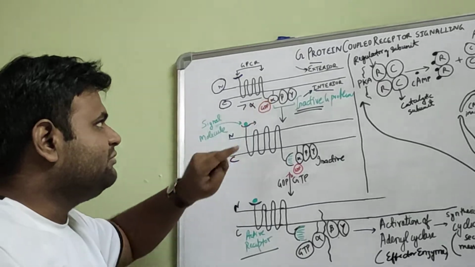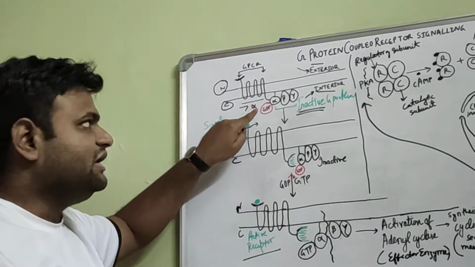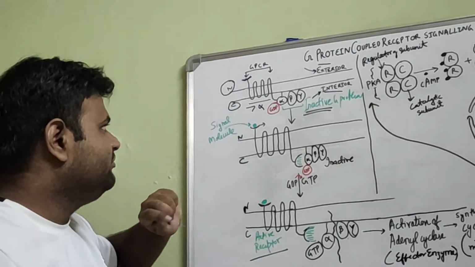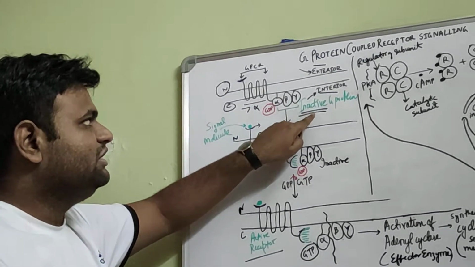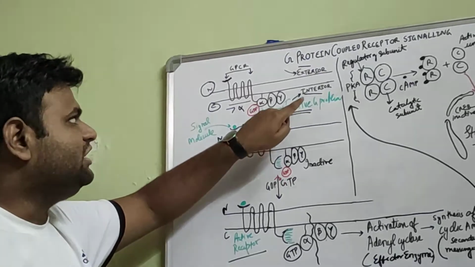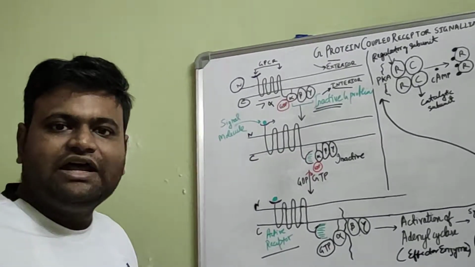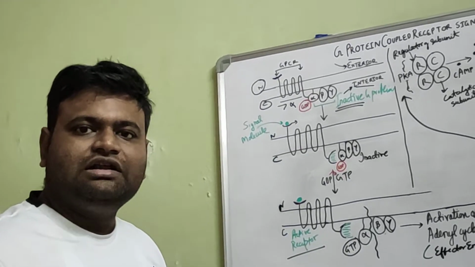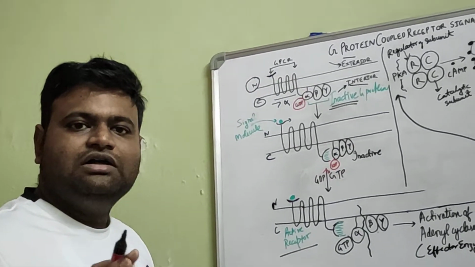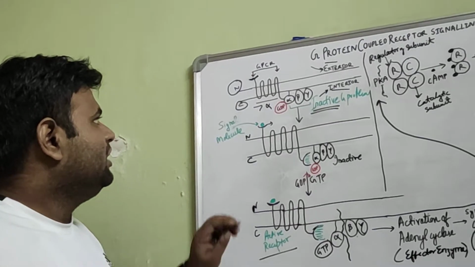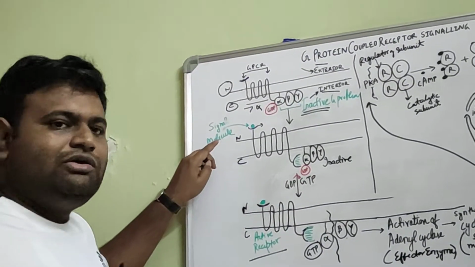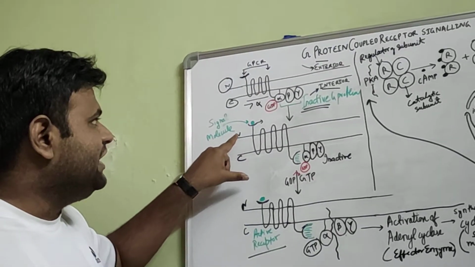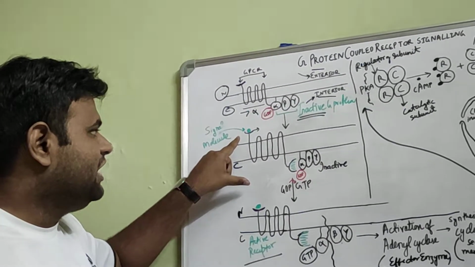The alpha subunit of the G protein is attached to GDP, that is guanosine diphosphate, and initially, as you can see, the G protein is in an inactive state. Why is it inactive? It is inactive because there is no signaling molecule interacting with the N-terminal domain of the G protein. Now the signaling molecule arrives. When it arrives, it interacts with the N-terminal domain of the G protein and it induces